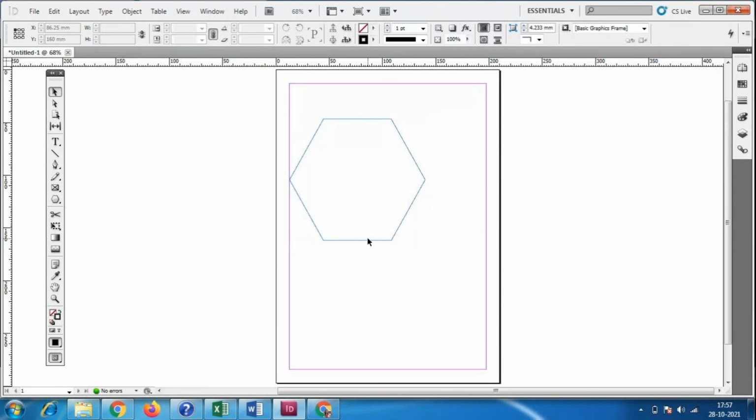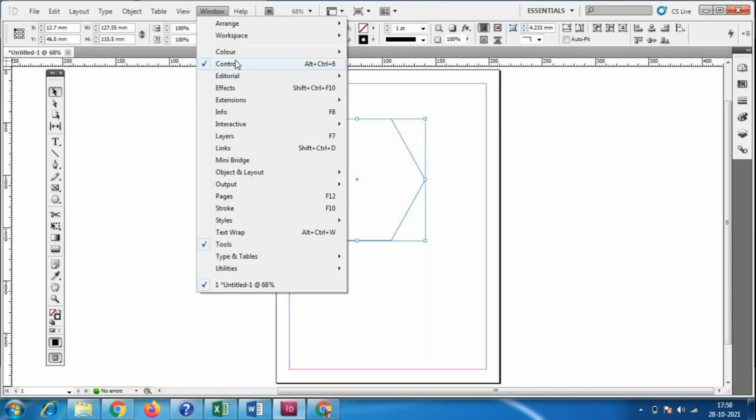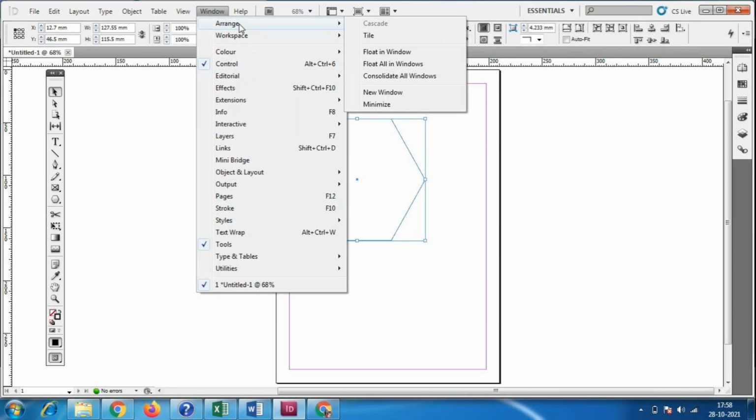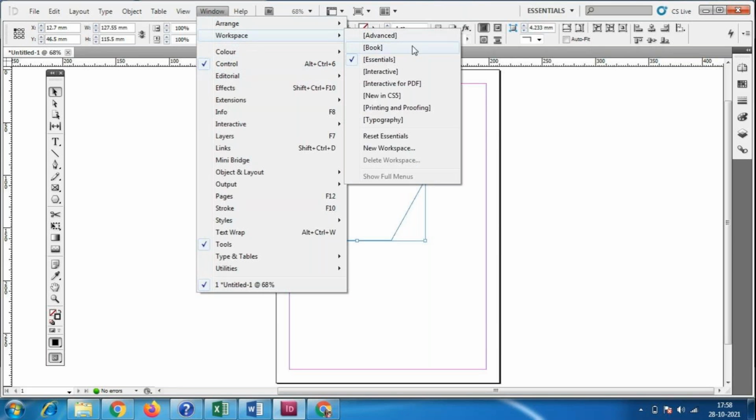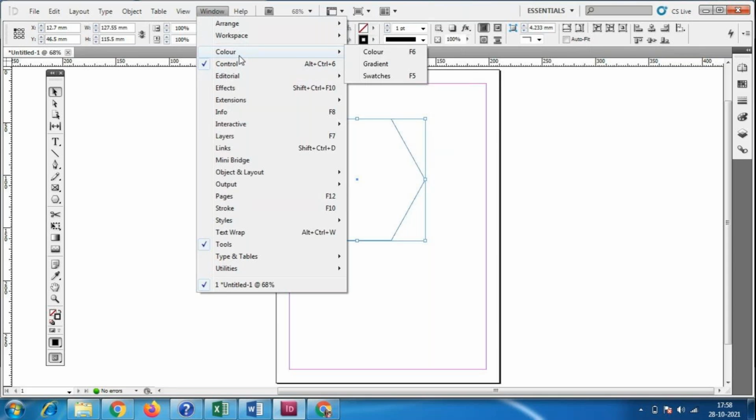Okay, or any changes you want to make, you can do it. So you have to select it like this. Okay, left click, I'm always using left click. So I'm selecting this option, and there is always a properties window. If any of these options are hidden, not visible on the screen, you have to go to Window here and check whatever things are hidden. Okay, so suppose we have this arrange workspace. In the workspace we don't want anything. So the color, in that we have the color gradient and swatches. I'll click on this color.